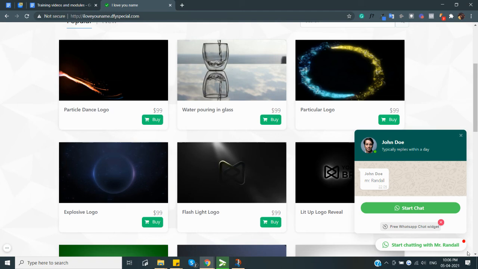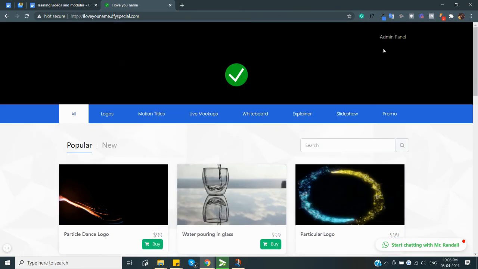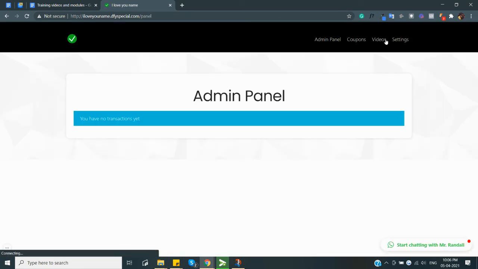And yeah, this was it. This was all about how to set up your DFI site. How does it look to set up your DFI site? How to change the settings? How to add a live chat option in your DFI site? And how to translate the whole DFI site into a new language.